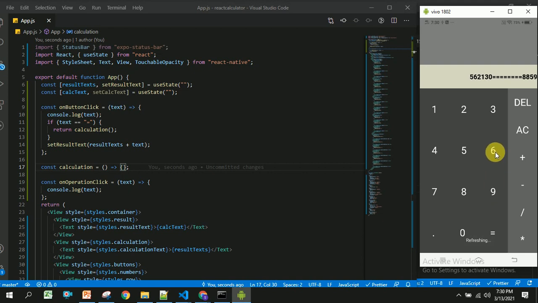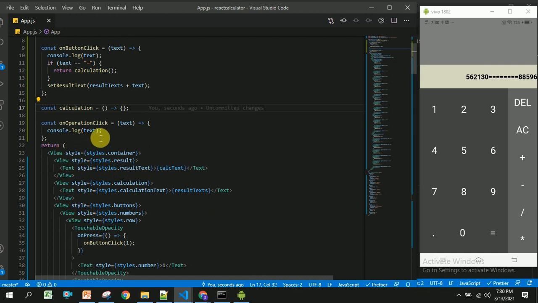Now the next one we are going to see is once user clicks on this operation button, we will be able to show that operation symbol here, and we will be calculating that once user clicks on equal to symbol.